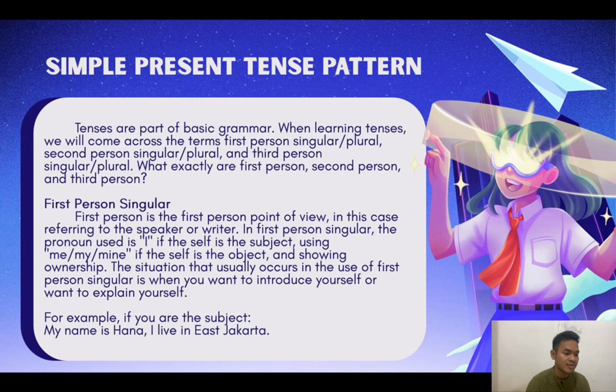First person singular. First person is the point of view referring to the speaker or writer. In first person singular, the pronoun used is I. If the self is the subject, we use I; me, my, or mine is for the self as object and showing ownership. The situation that usually occurs in the use of first person singular is when you want to introduce yourself or want to explain yourself. For example, if you are the subject,